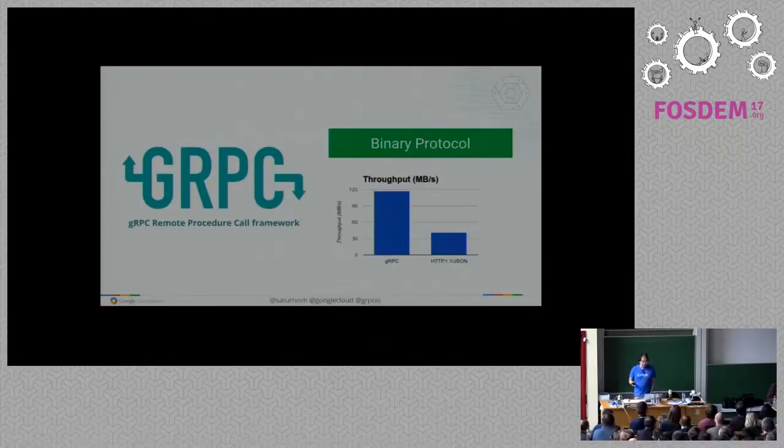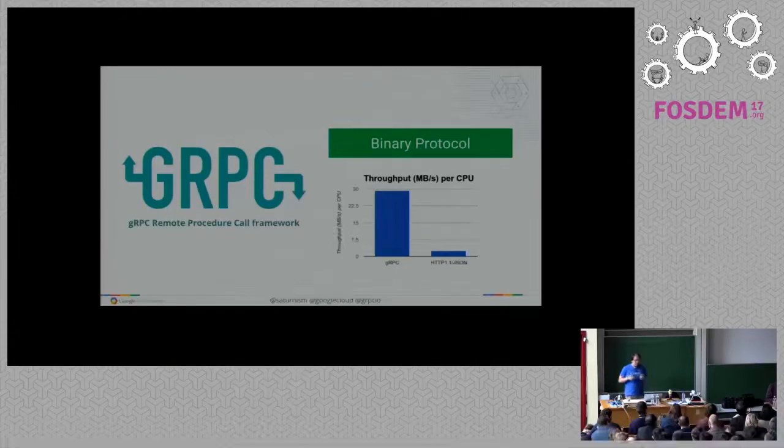Okay? Now, it is a binary protocol, so of course we expect it to be faster. So this is a comparison that they have posted on a public blog, actually, the throughput comparison. And with the same machines, you can see that obviously you can get more throughput. But what is more interesting to me, though, is the throughput per CPU. Okay? And that's important because we're quickly moving into what people call a cloud-native world. And that doesn't necessarily mean you run on the cloud. But what that means is you want to be as efficient and nimble as possible for your services. And with gRPC, you can process more with less CPU.